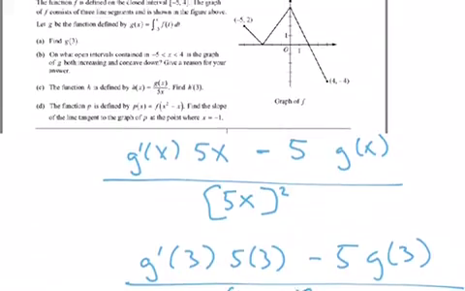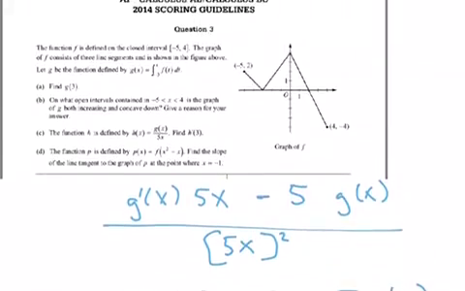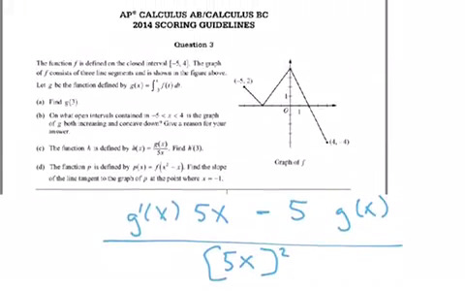Well, what is g prime of 3? G prime of 3 is the slope of this function, right? So what's the slope at 3? Well, we know that this point here is what? 0, 1, 2, 3, 4, 0 comma 4. You know that this point is 3, comma,